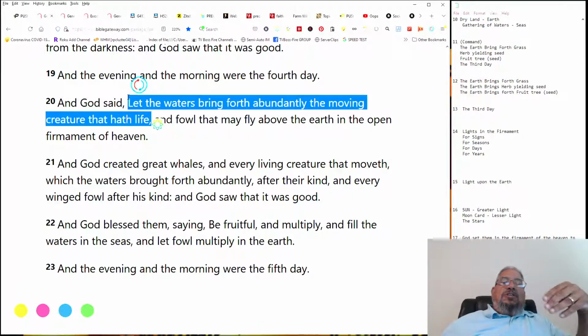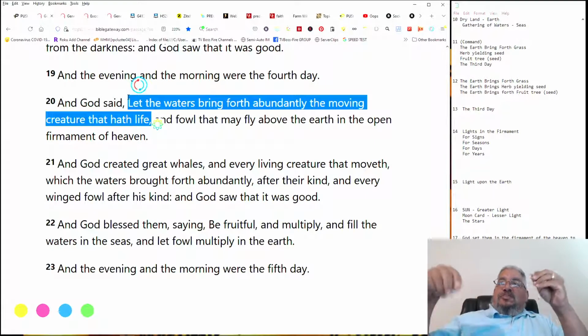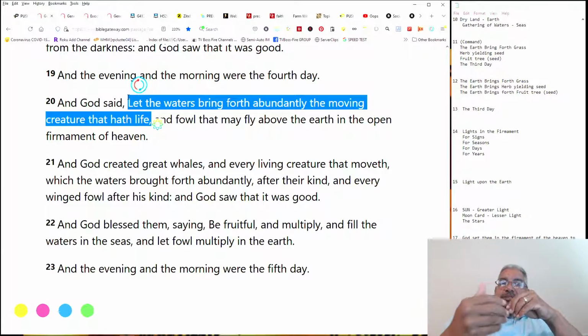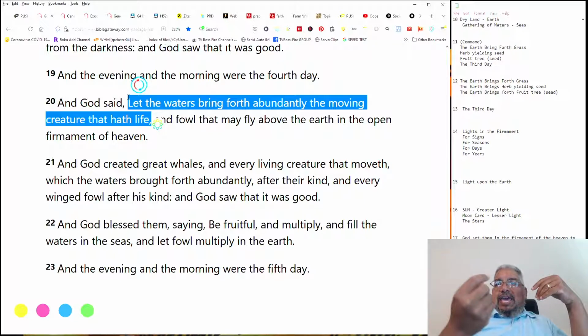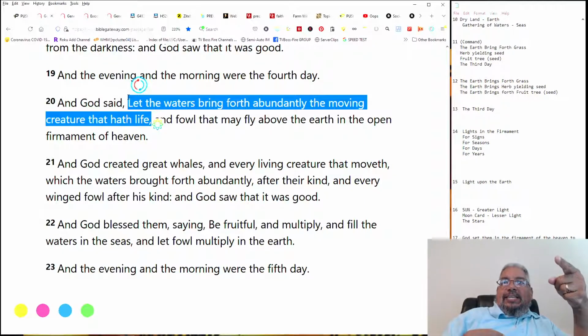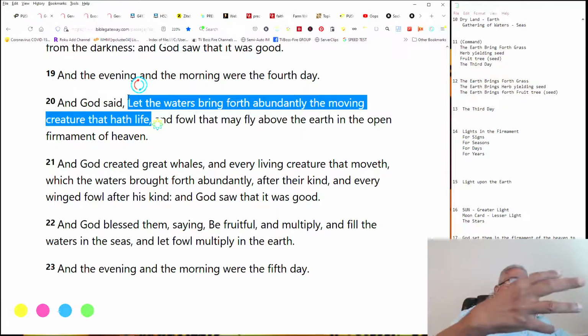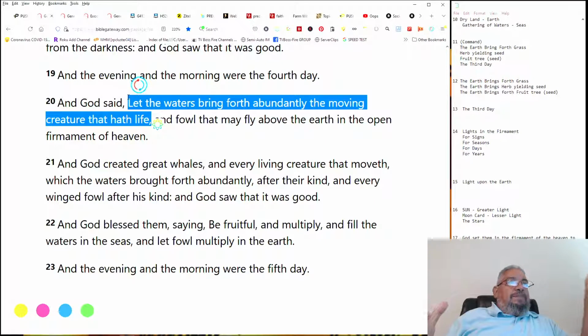Now, if he's telling the water, we can understand how from the earth, the seed could be in the earth. Now that we understand that verse 1 is a long time ago to verse 2, and verse 2 could have been a gigantic amount of time until verse 3, right? We can understand that. And so the earth would have the seeds from verse 1 in it still, right? But how do you get the waters to bring out abundance? You see what's happening here? The waters bring forth abundantly the moving creature.